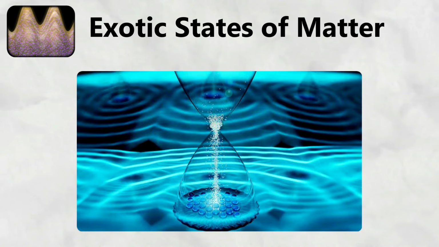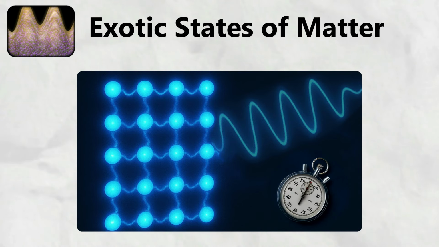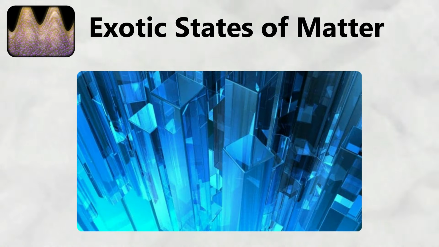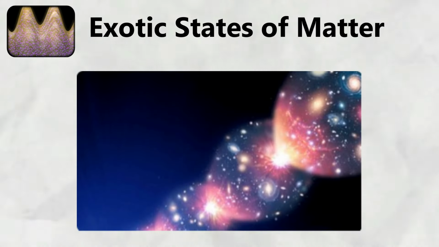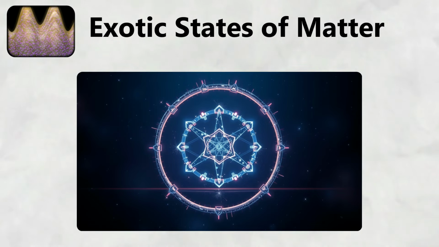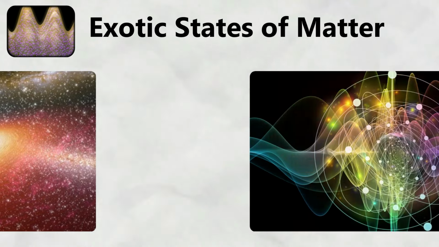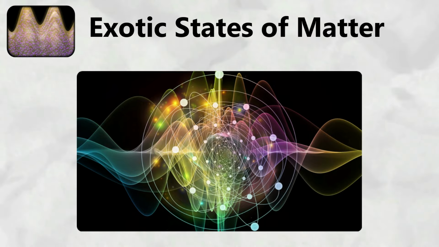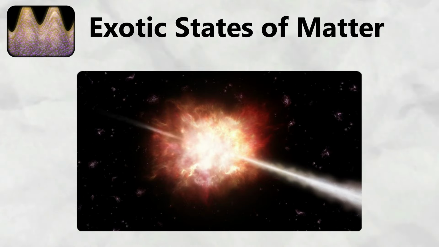Time crystals represent a recently discovered exotic state, where the structure of matter repeats in time rather than space, similar to how ordinary crystals have repeating spatial patterns. These systems oscillate between different configurations in a regular cycle without any external energy input, appearing to violate conservation of energy while actually maintaining it through quantum mechanical effects. Time crystals exist in a state of perpetual motion at their lowest possible energy level.